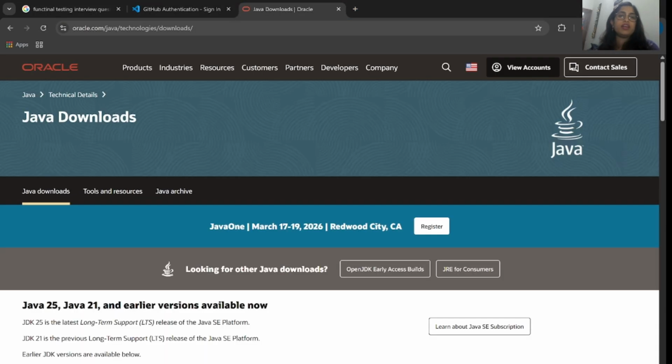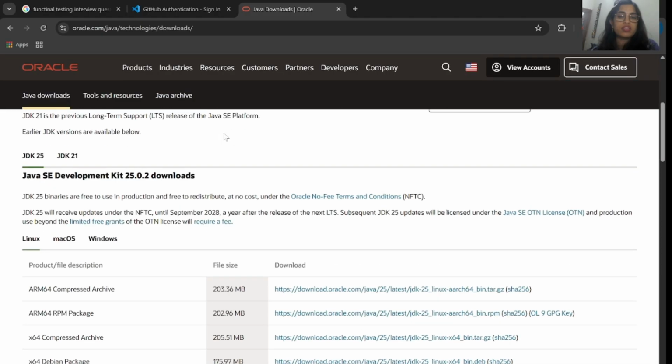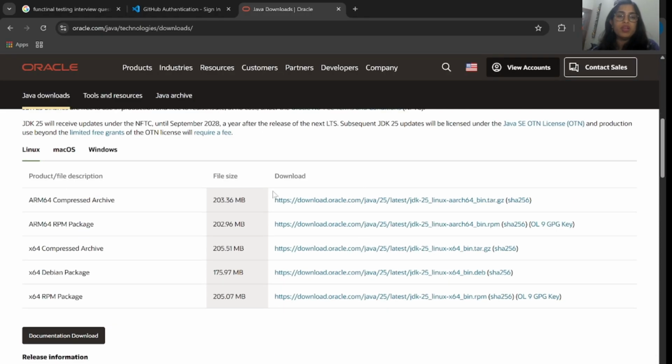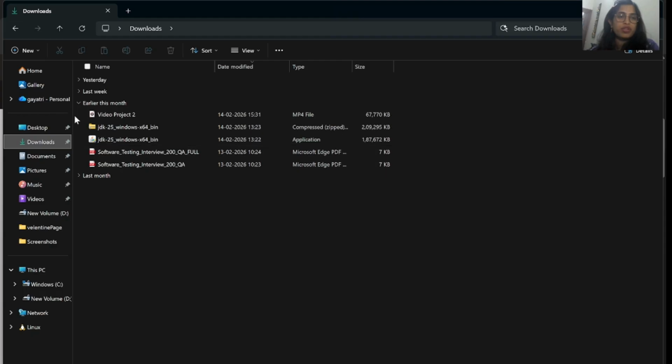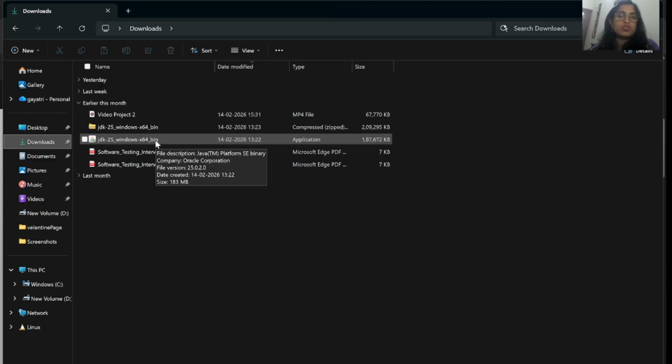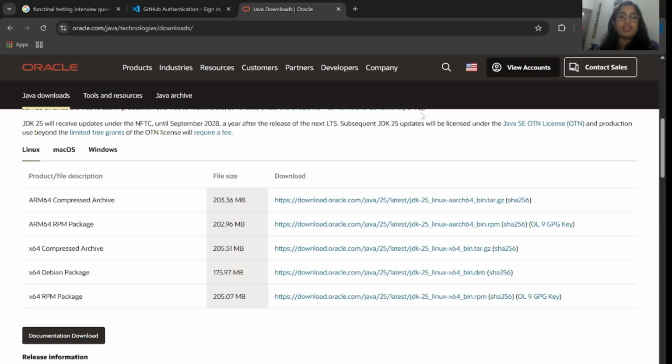So I already provided the link here. This is the website of Oracle. From here you can download your Java. Once you download it, it will start showing in your download section. You have to go to your download section where you can see the folder like this, which is in zip format, compressed format. So you have to unzip this folder, and when you unzip this, it will look like this executable. When you start clicking on this, for example, I already installed it, but I'm just showcasing it to you. It will ask like this, and then you have to perform the actions like next, next, next, like any other application you are installing.